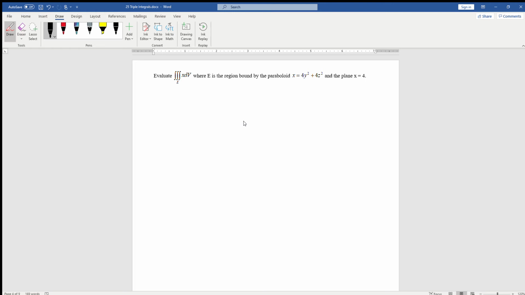In our diagram, notice that our graph is a paraboloid. It's going to open up on the x-axis. That's our paraboloid, and certainly this is a plane. So if I was to draw this,